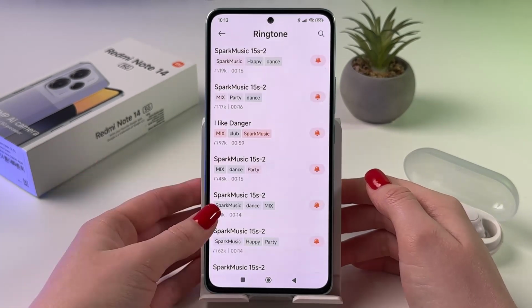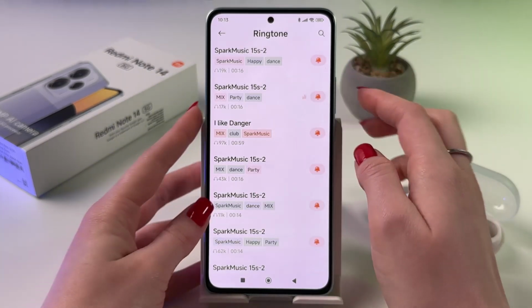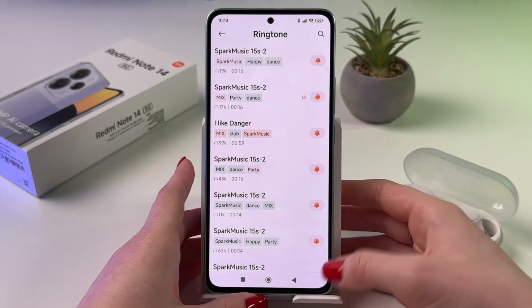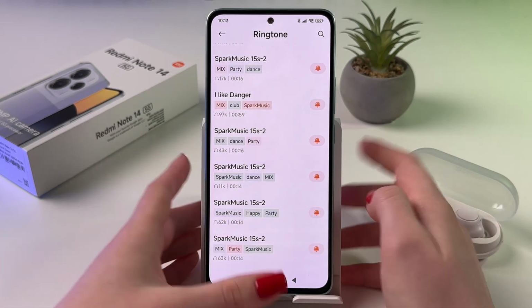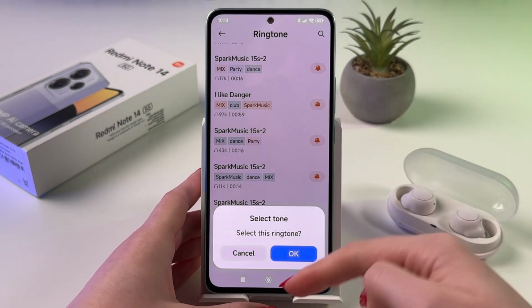Just choose something from the list, we can tap it. This is how this ringtone will sound. If you want to set it as your notification sound, then you can tap this bell icon and choose to